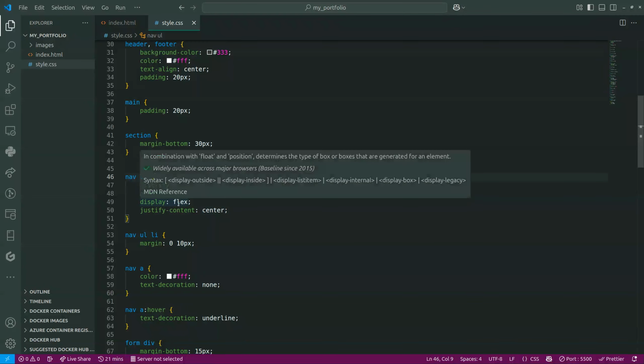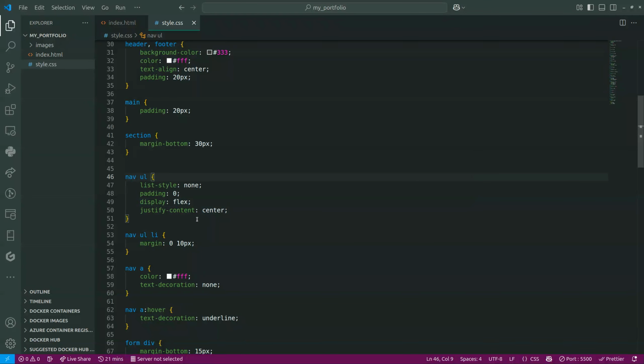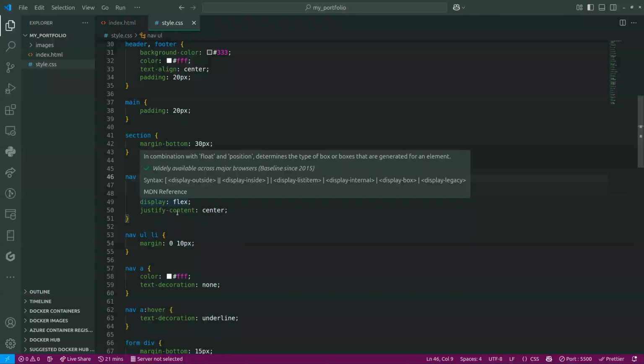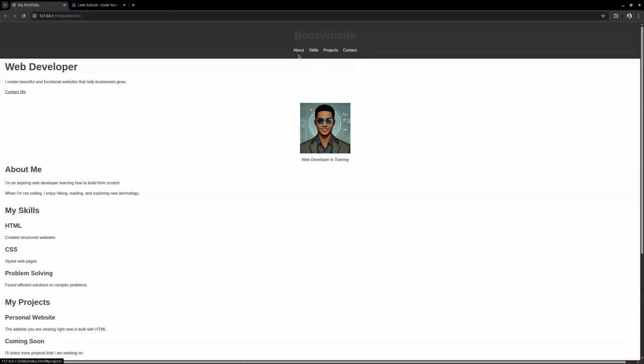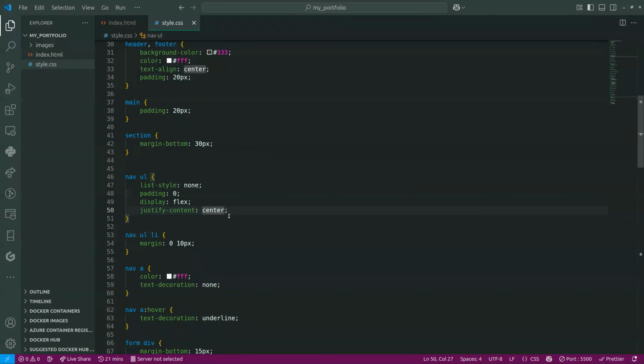Let's say we have justify content to center, which is good. It has a padding of 0. Okay, the navigation is actually okay. We can just maintain it as it is. Then